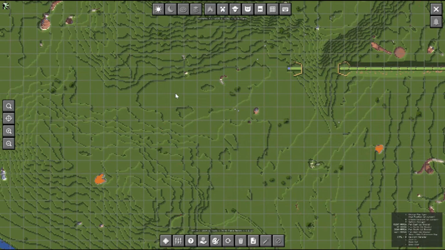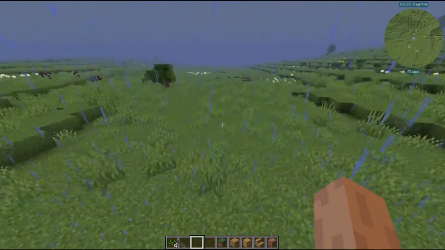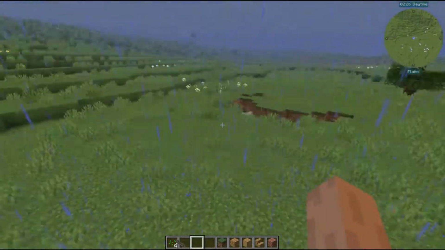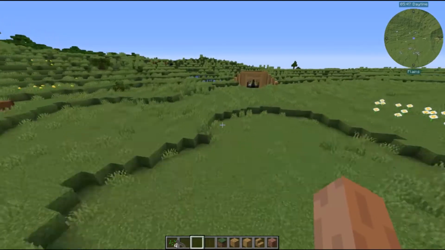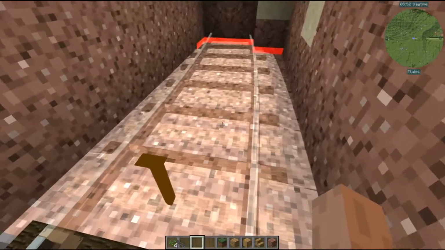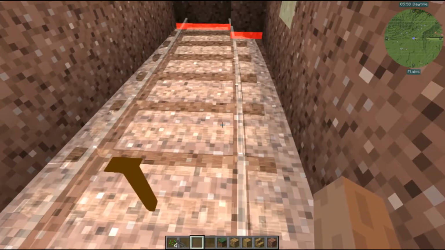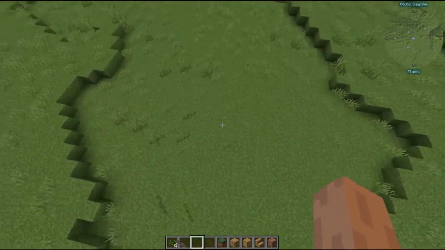So if I've understood this correctly, there's a custom track ability. There's a lot of things I don't know. This is the first time I've really used a custom curve since they finished the update. Like, the custom curves were originally kind of...